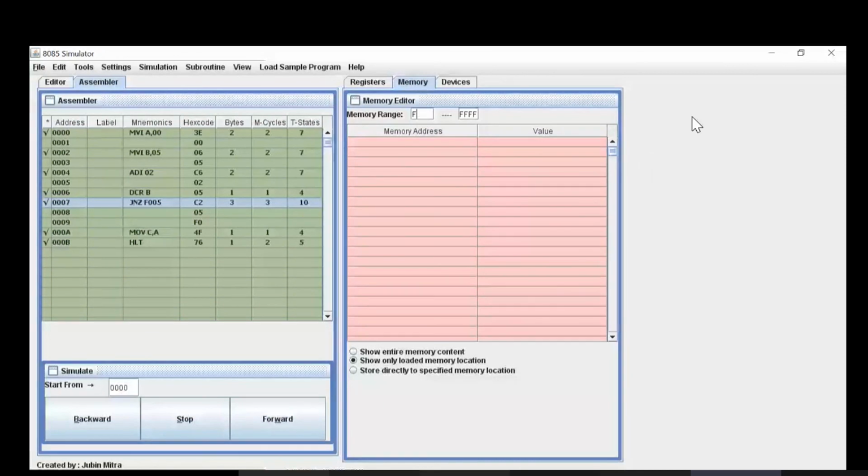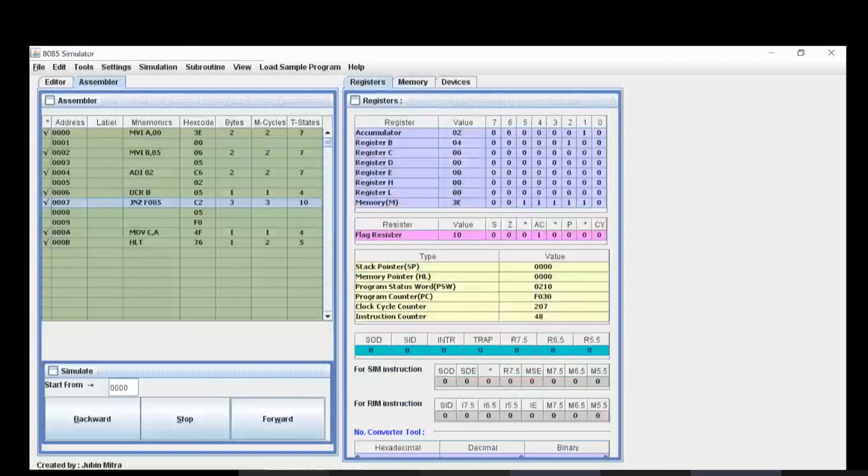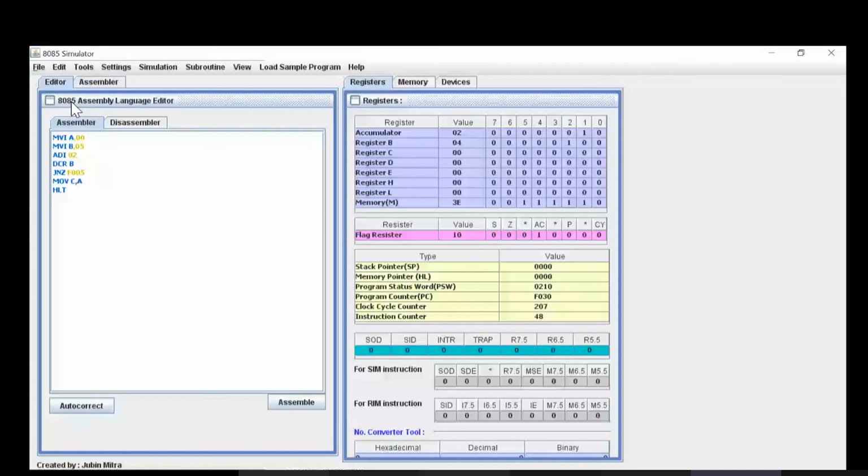Yeah, go ahead, Harish. Sir, you have to jump to F004, sir. Okay, try that. Because we are starting from 0000, sir. Okay. So we start from 001, man. Okay, here in our program. Yeah. Okay, you're right.